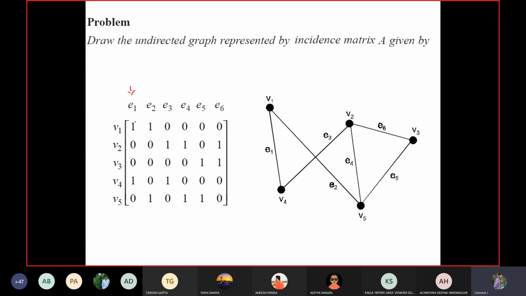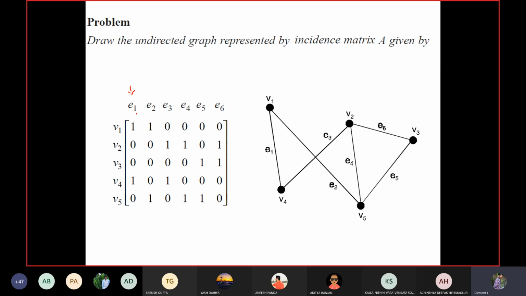Here you can fix the first column, E1. If you check each column, it will certainly be marked 1 in exactly 2 positions. Can anyone try to guess why? In each column, an edge connects two vertices. Very good, because any edge is connected by exactly 2 points. So it is easy to fix the columns so that it is easy to draw the